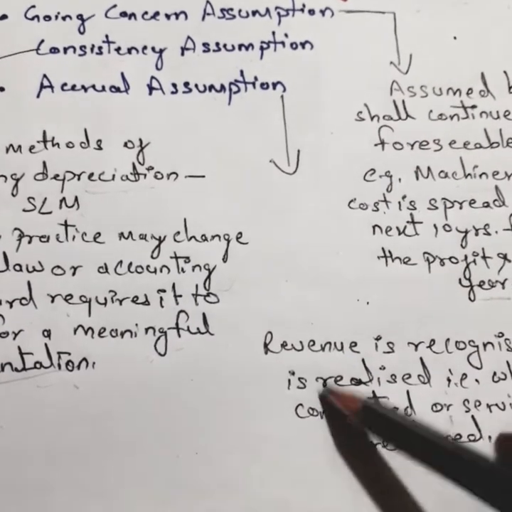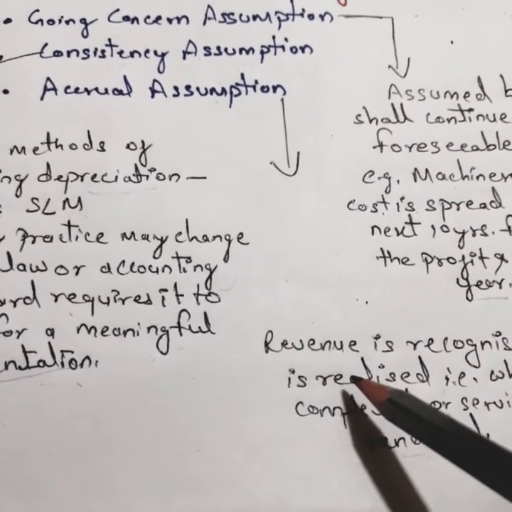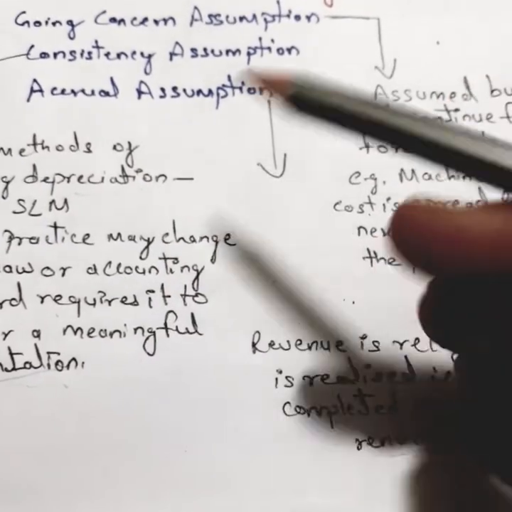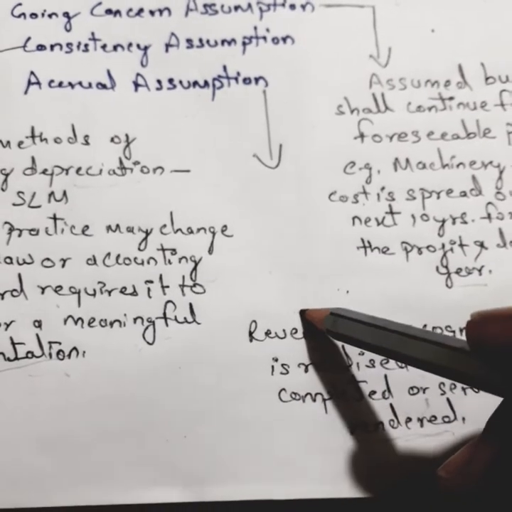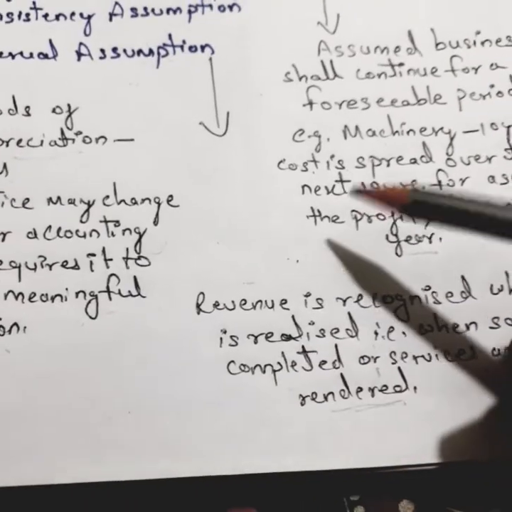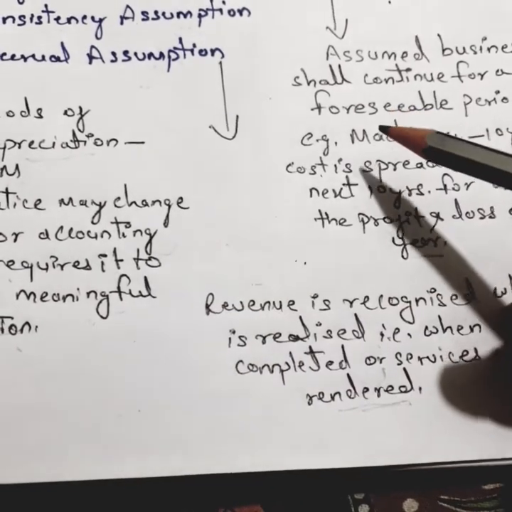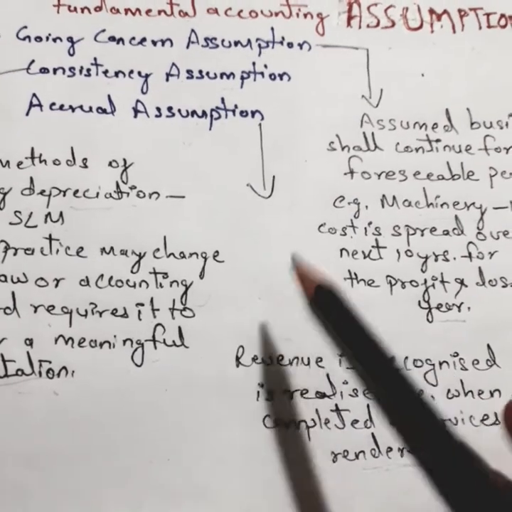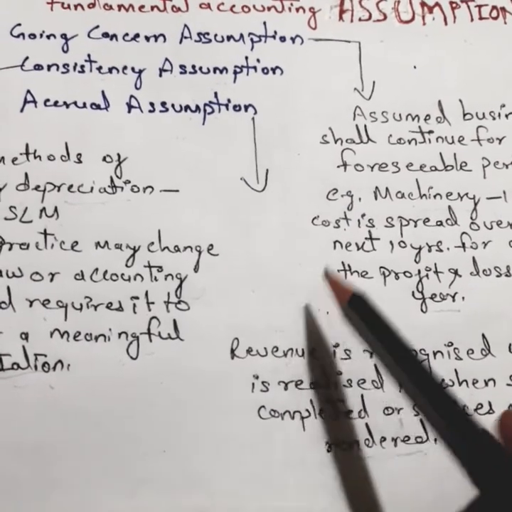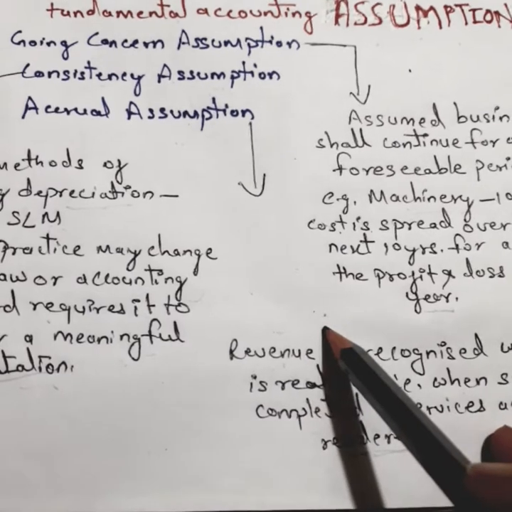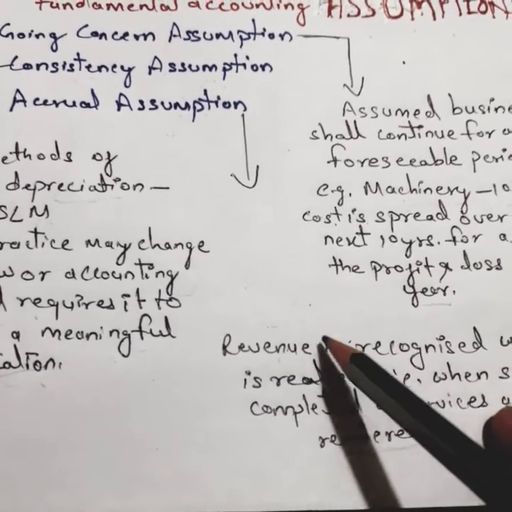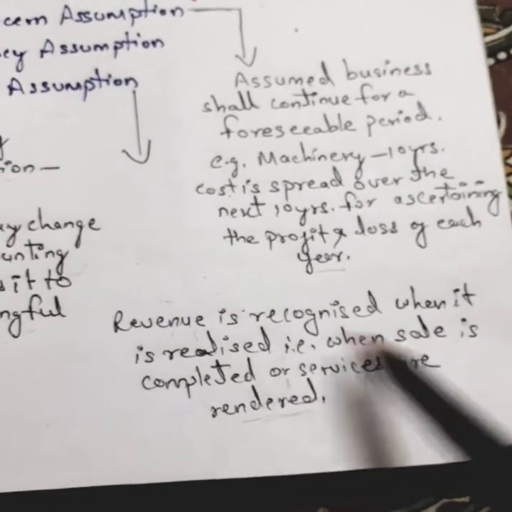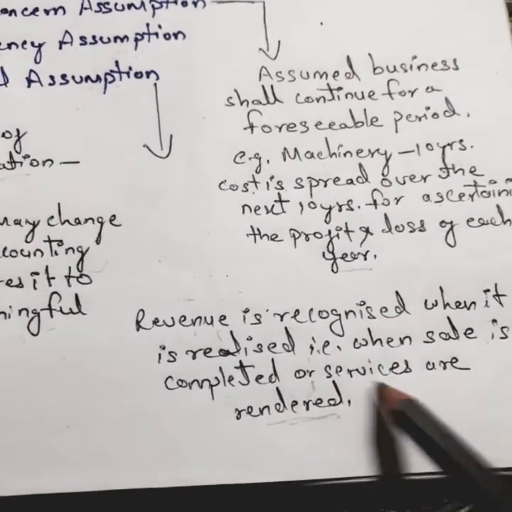Got it? So revenue, or expenditure, is recorded as per the accrual assumption. For example, if you made a sale on 1st of January, though you are going to get the money after 2 months, the same as in the purchase example, you have to record the transaction of the sale with immediate effect. If you are making a sale on 1st of January, you have to record it on 1st of January. It doesn't matter when you are getting the money. So under the accrual assumption, the sale is made, revenue is recognized, that is, when the sale is completed or services are rendered.